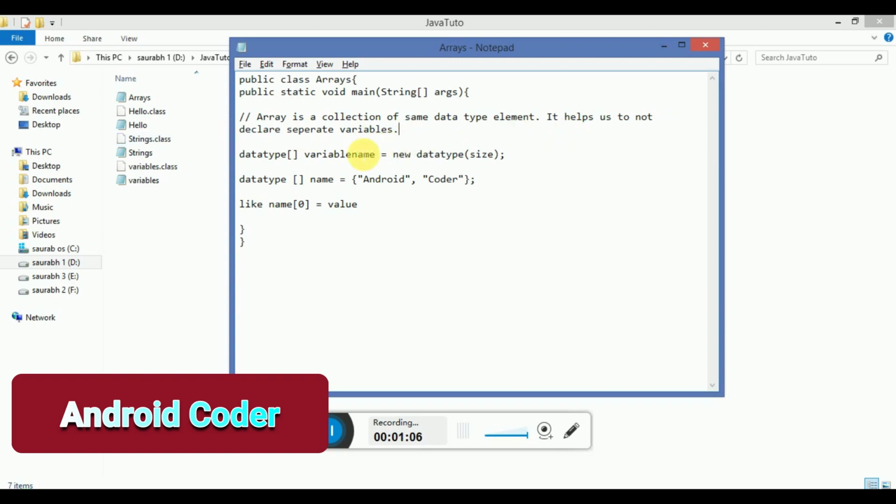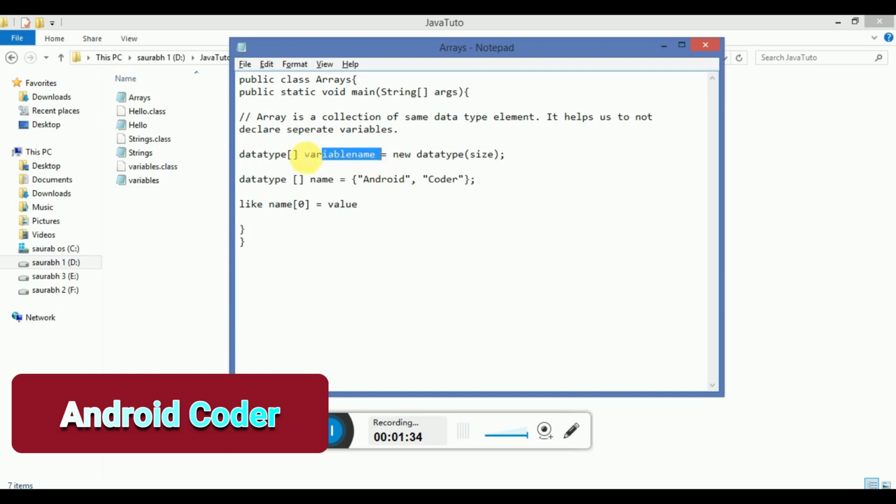Now, how can we actually declare an array? First we have the data type, small square brackets, variable name is equal to new data type, brackets, size. The data type can be custom as well as String, int, double, but the important thing is that the data type must be the same.